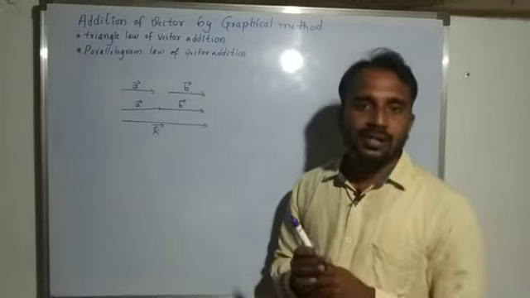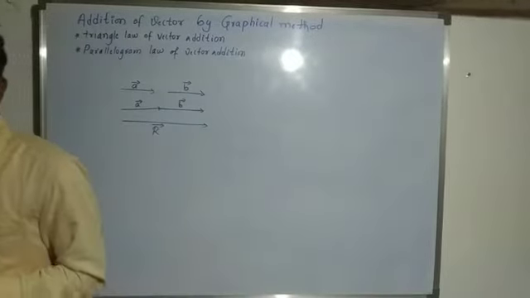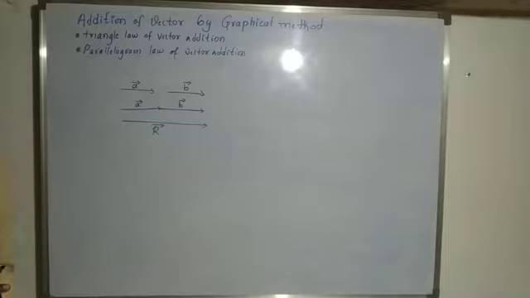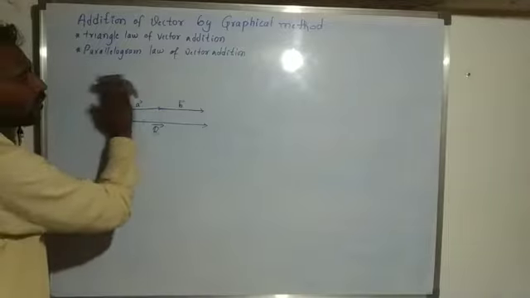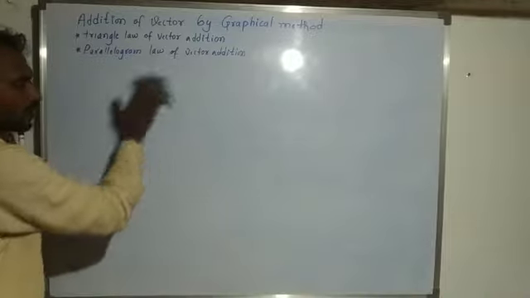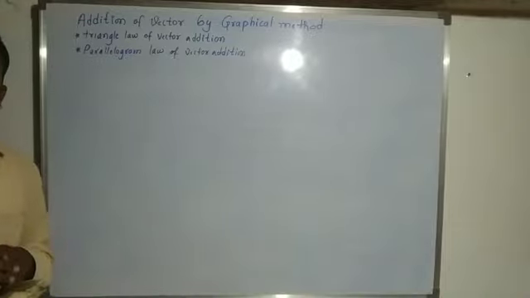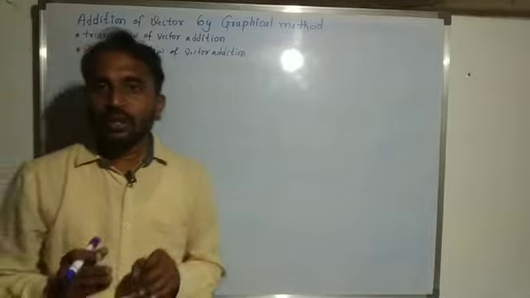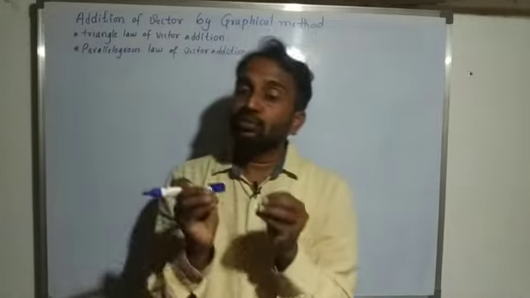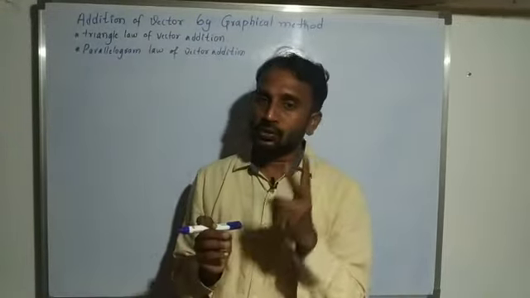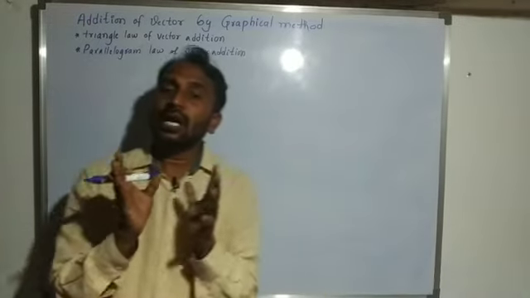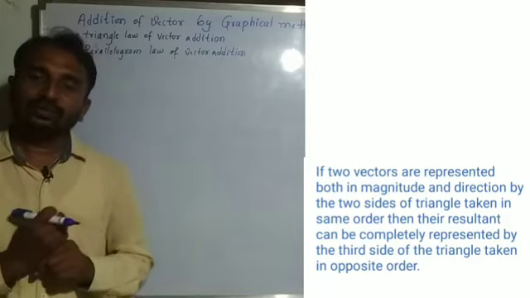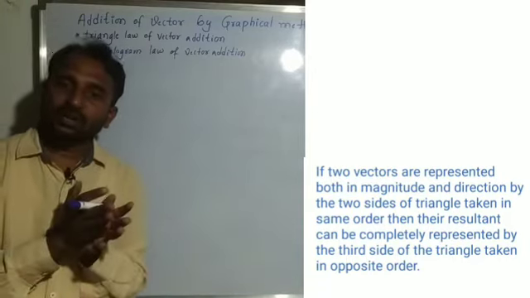So particular laws are there. The first one we consider is the triangle law of vector addition. Here, in the triangle law of vector addition, first we consider two vectors. These two vectors have both magnitude and direction, and they represent two sides of